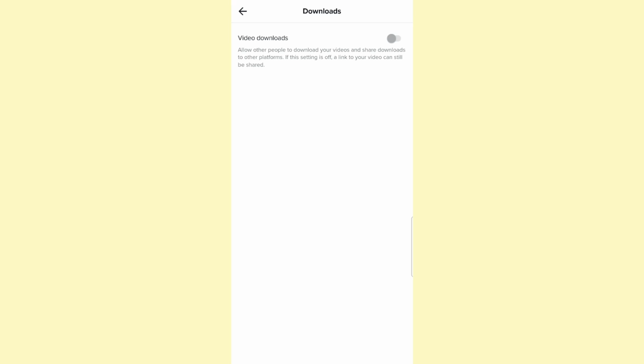video downloads option. But keep in mind that, as TikTok tells you right here, this allows other people to download your videos and share downloads to other platforms, and if this setting is off, a link to your video can